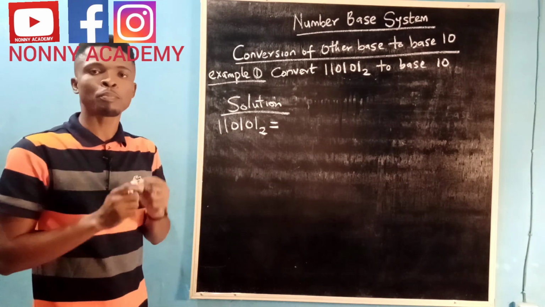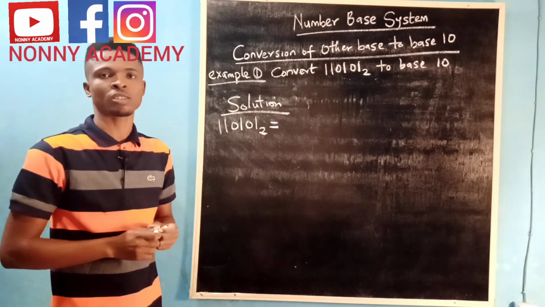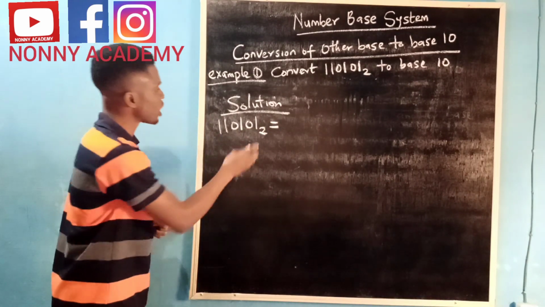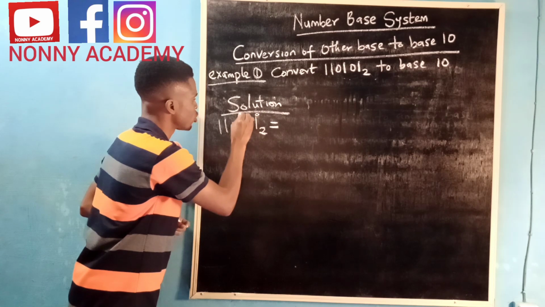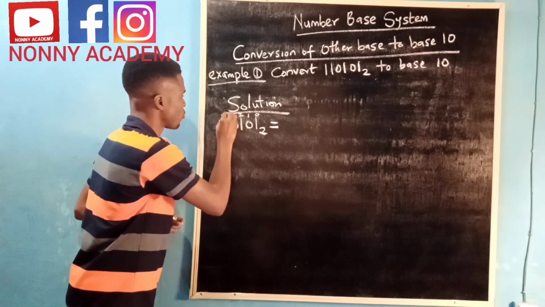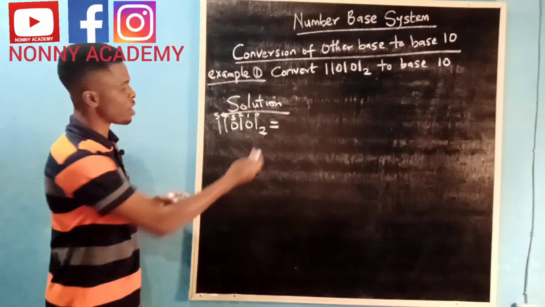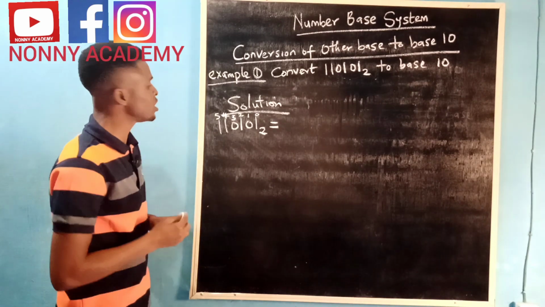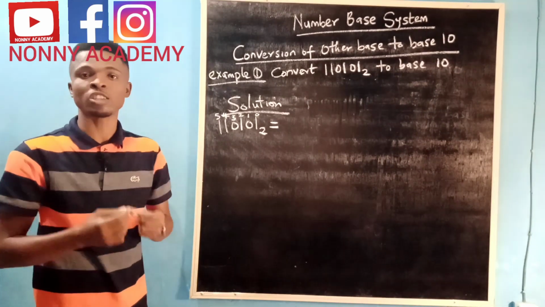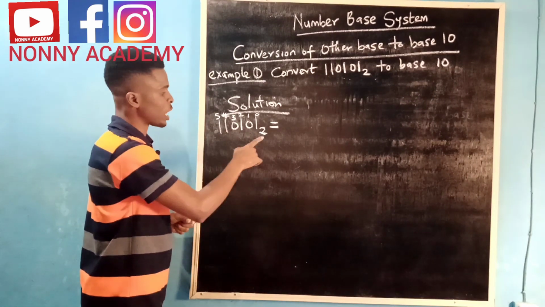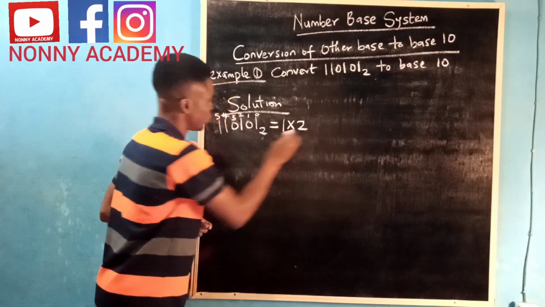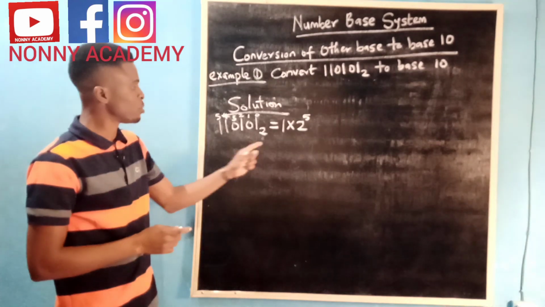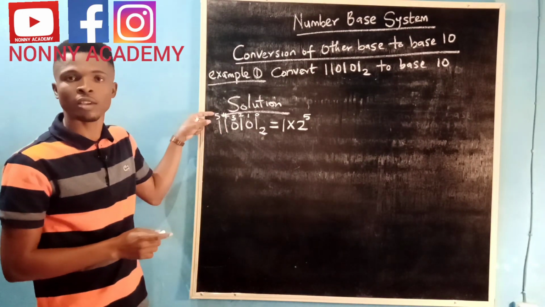Secondly, I will start by putting a power on each of the digits, starting from 0, from my right hand side down to my left hand side. I'll start here. I'll say 0, 1, 2, 3, 4, 5, from my right hand side down to my left hand side, starting from 0. The next thing I will do is to start using the successive multiplication method. 1 times 2 raised to the power 5. That is the digits times the base raised to the power here on top of the digits,